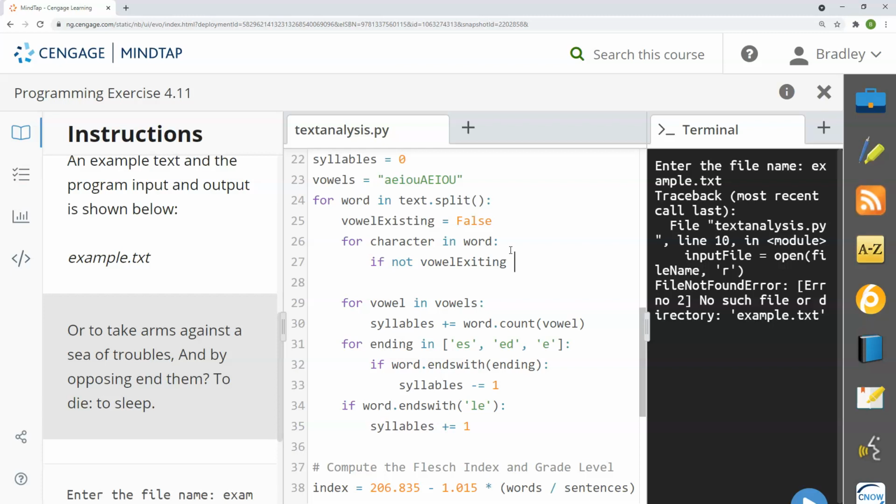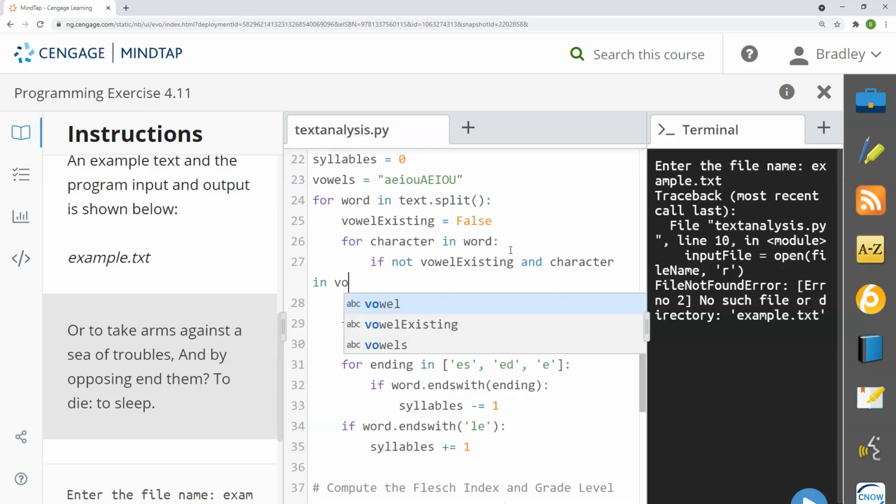Now, I don't need to do this for everything. So if I've already said it's false, but what I do need to do with it is, if it is in those vowel lists. So if not vowel existing, and the character exists in vowels,